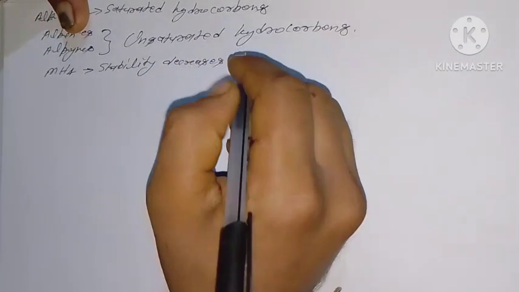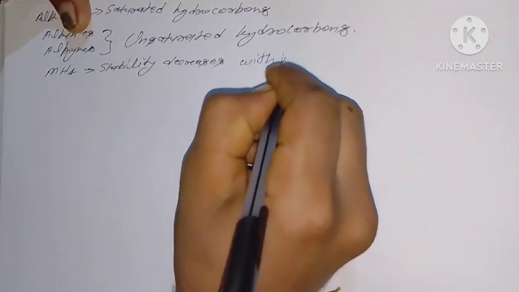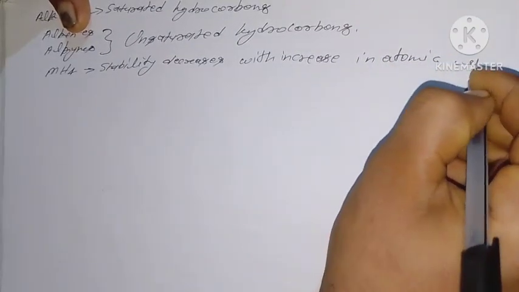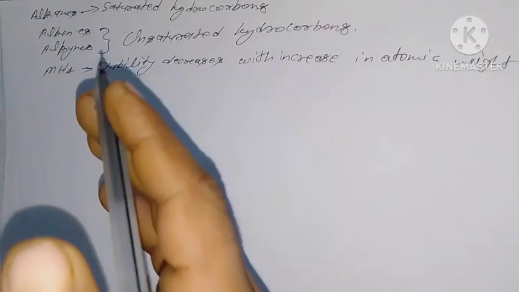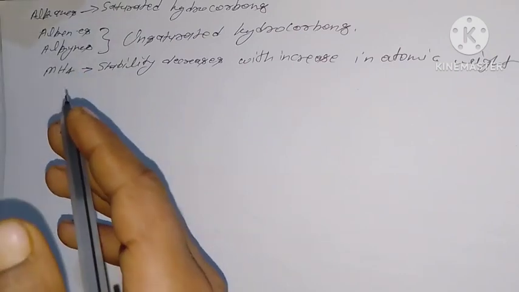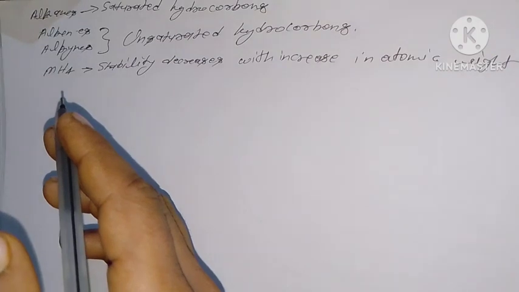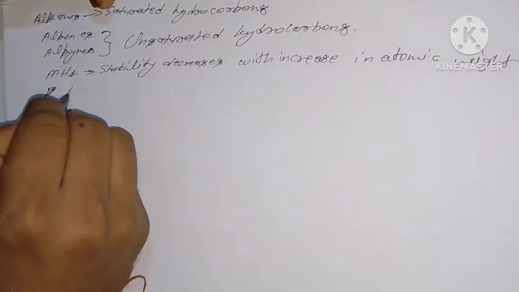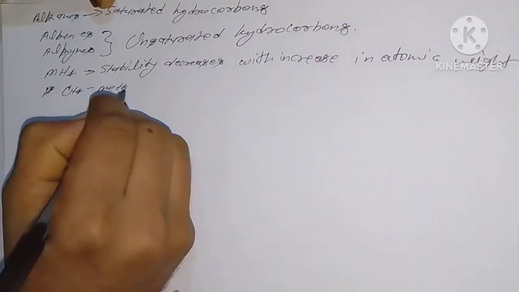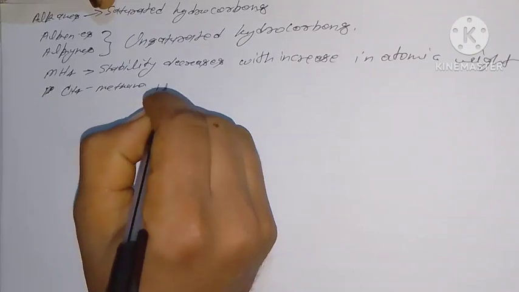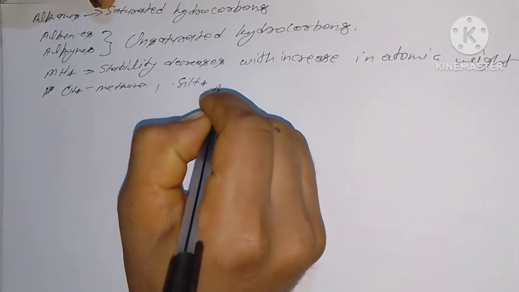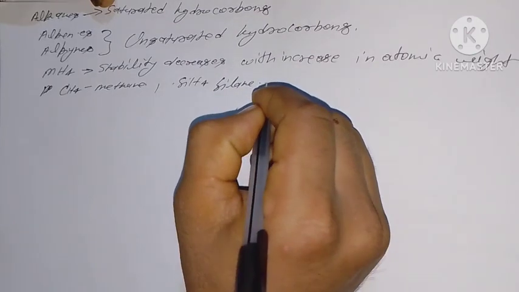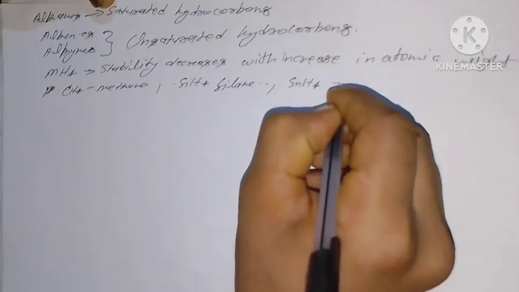The hydrides are known as methane, CH4, and SiH4 is silane, and SnH4 is stannane,